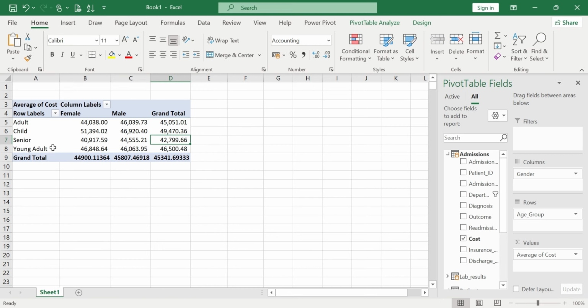The average cost of treating a young female adult is equivalent to 46,848.64 Kenya shillings. The average cost of treating a young male adult is 46,063.95 Kenya shillings. And the average cost of treating a young adult is this plus this divided by 2, which gets us